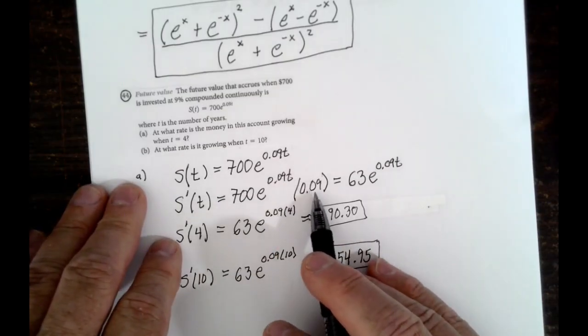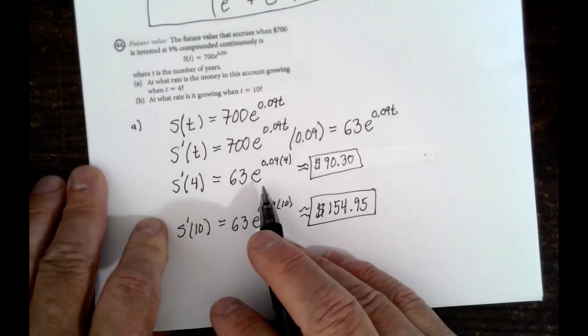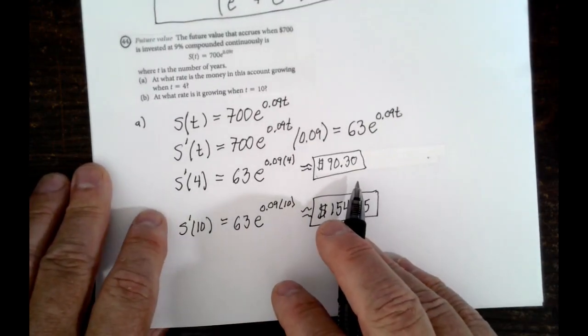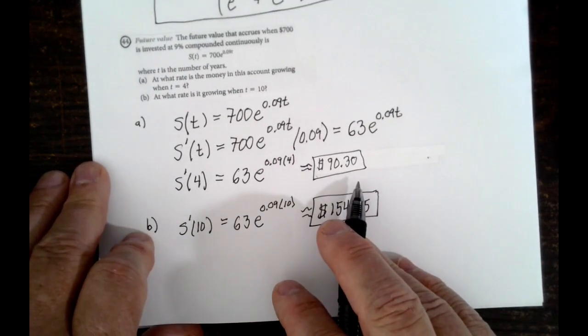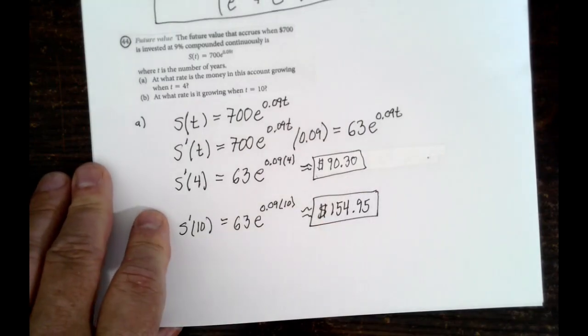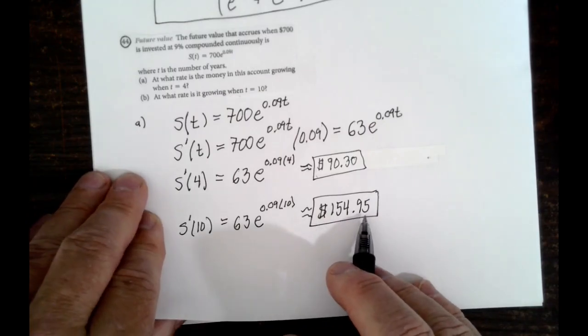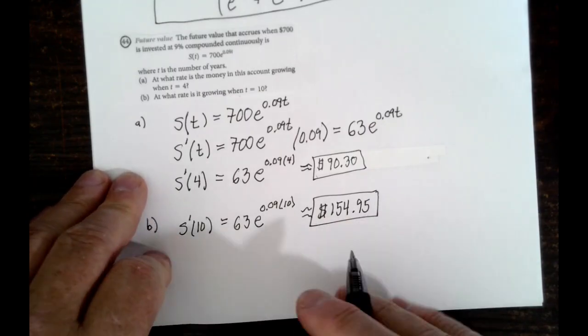the exponent. And when you multiply that, you get 63 out front. Now when you plug in a 4, you get $90.30. That means the amount of money that will grow in the 5th year is $90.30. When you plug a 10 in and you get $154.95, that tells you that in the 11th year you'll get a growth of